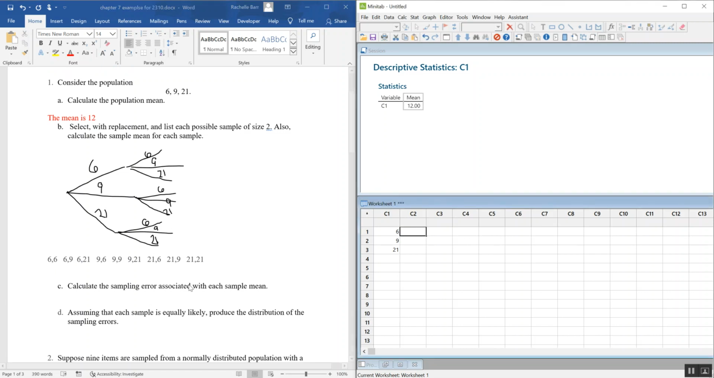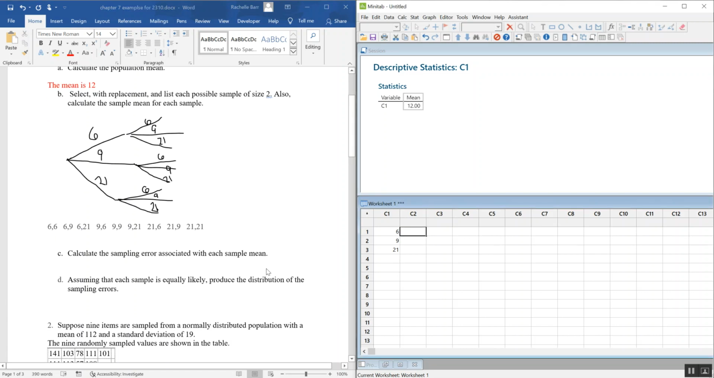So like I said, I'm going to put them all in Minitab so I can calculate the sampling error associated with each sample mean. So I'm going to calculate all their means and then subtract the actual mean, that 12, from them, and figure out what that's going to be. Got it? So, because I'm lazy, I'm going to make Minitab do this for me. You could do this by hand with such a small sample, but,